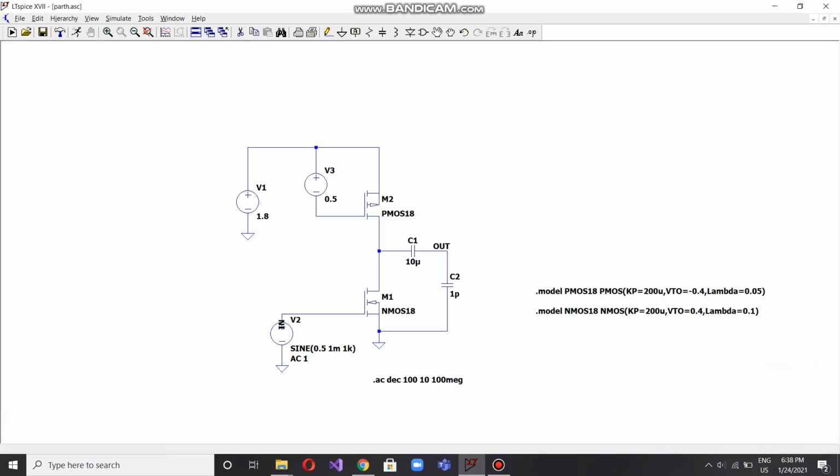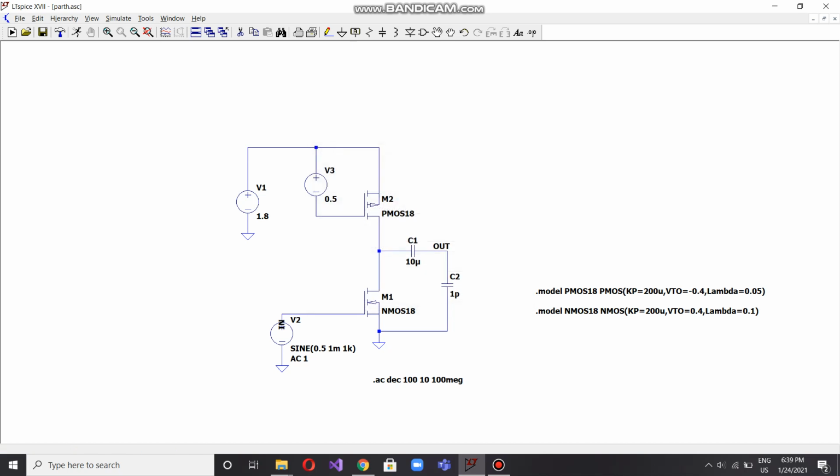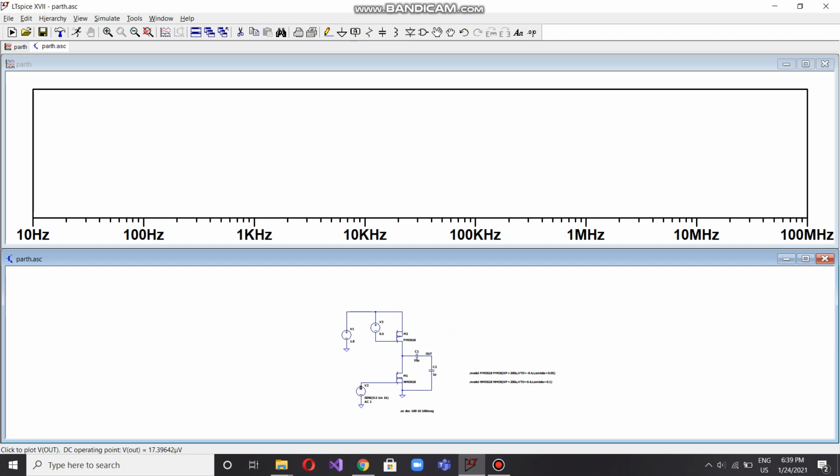Okay, so let's see what will happen if I disturb the current through the circuit. Both the MOSFETs have the same VGS or VSG value, and similarly the same Kp value. So the current through them is equal. Now if I change this MOSFET, say I change its width to 2.5 micro. Okay, so when I change this width, I'll run the circuit and check the gain.